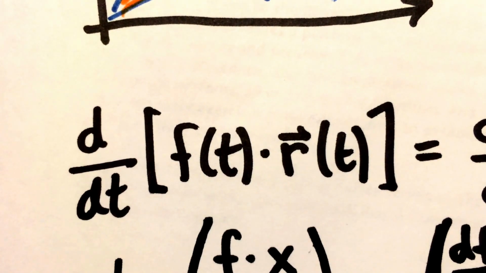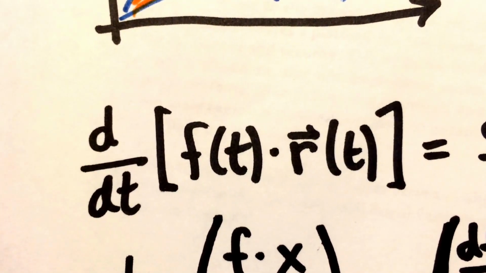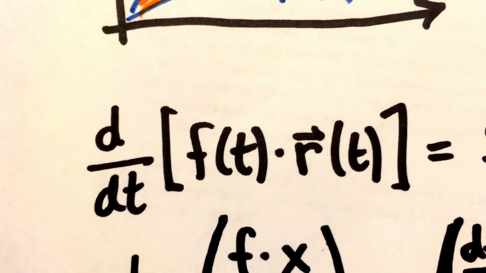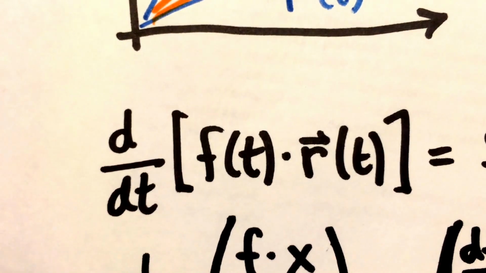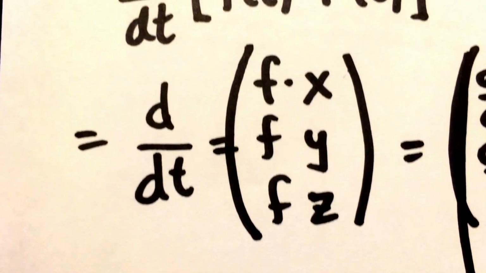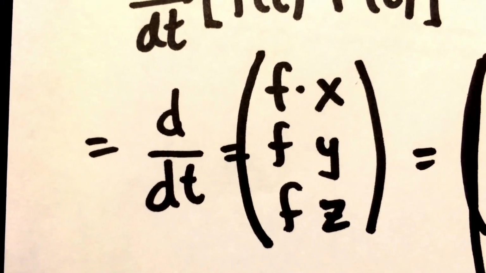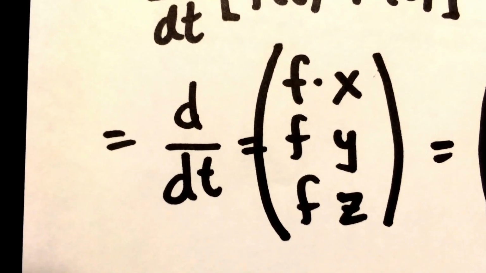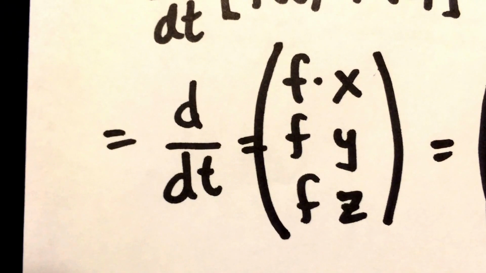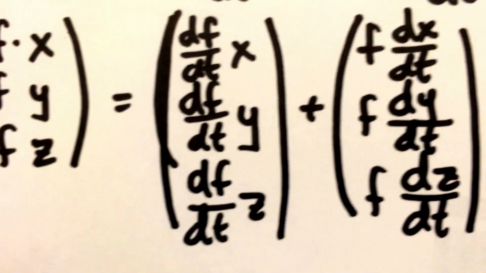Remember that we can multiply a vector by a scalar, and in some cases the scalar that we're using might actually depend on time itself. And so we can take the time derivative of the product of a scalar f with a vector r. Remember that multiplying a scalar by a vector really just means you take that scalar and multiply it by each component of the vector one at a time. And so when we apply a time derivative to this, we find, just using the chain rule, we get an expression that looks like this.